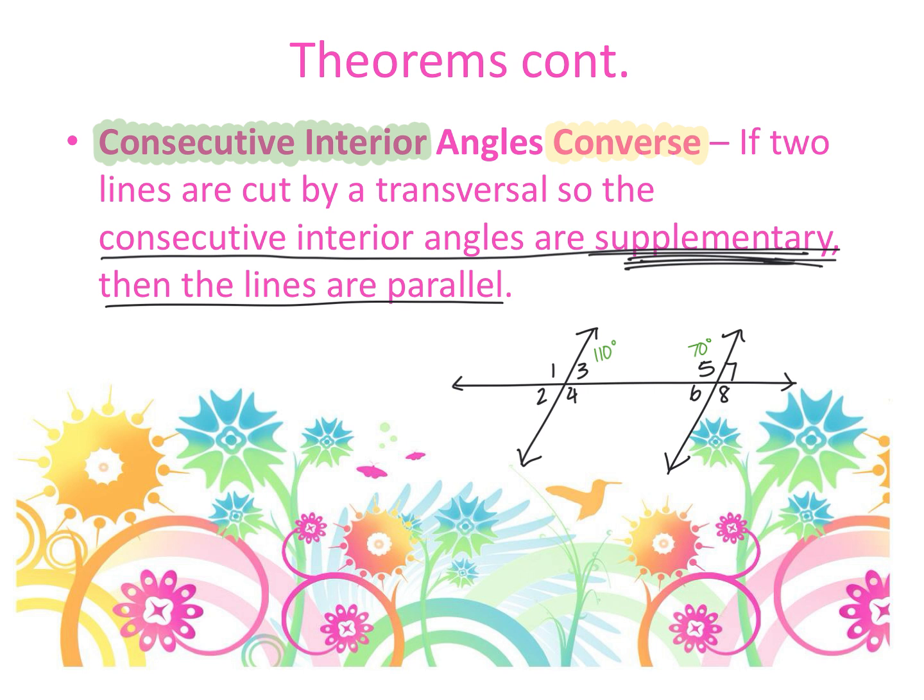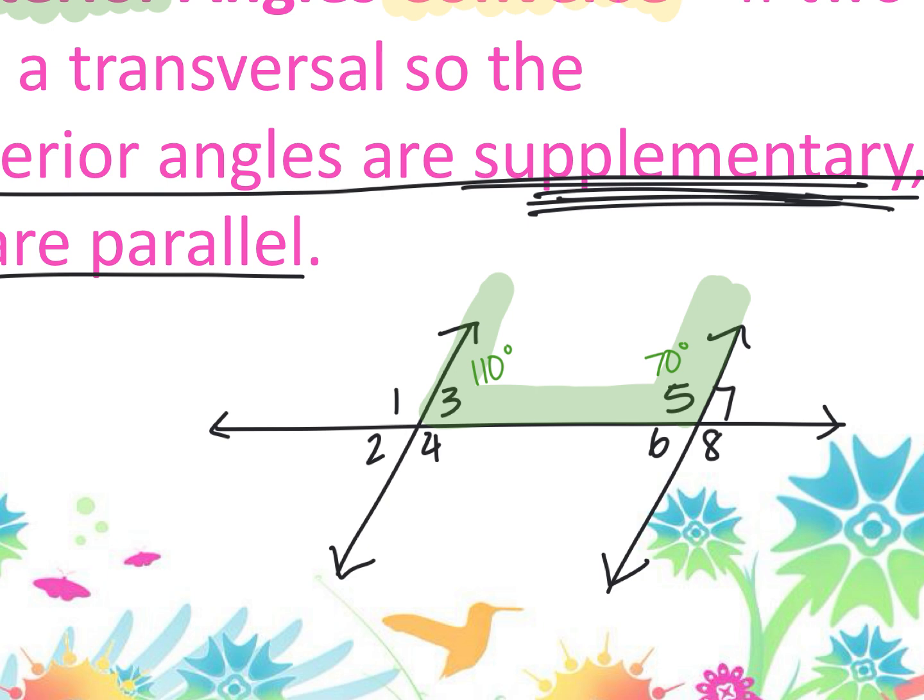So I'm going to highlight it so that kind of makes more sense. Right here. My interior on the same side of my transversal, that is my consecutive angles. Also, 4 and 6 would also be consecutive interior angles. I should actually switch these two because why does this one look like it's smaller? So I'm going to switch this and make it 70 and 110 over here. That looks better. All right, keep in mind, angle 4 would be 110, and angle 6 could be 70,